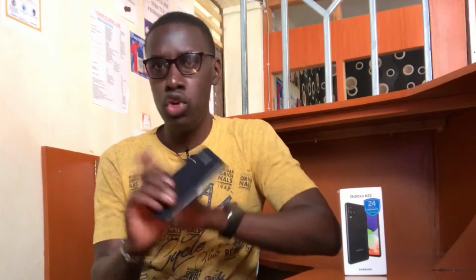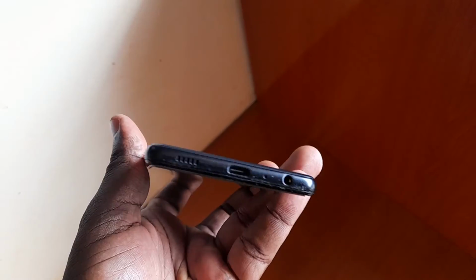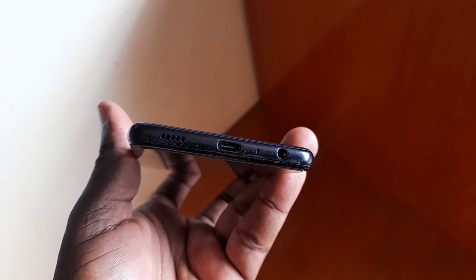Then I tried to use it just on standby, no data on, no Wi-Fi on, and it took me about 38 hours before I had to charge it. So if you're looking for a phone with a good battery which has a better lifespan, then I guess Galaxy A22 will suit you. Now this phone uses a USB-C cable for charging, and on the same side where we